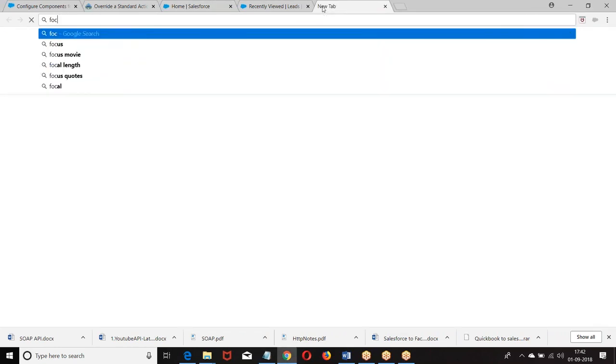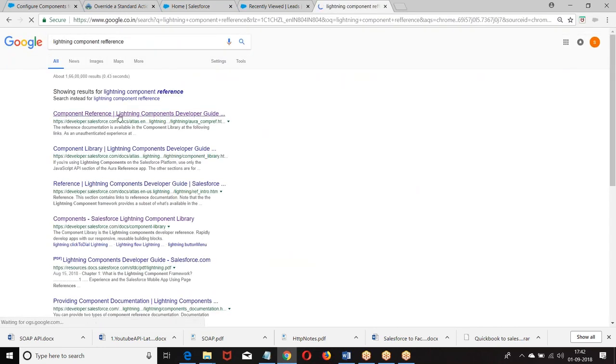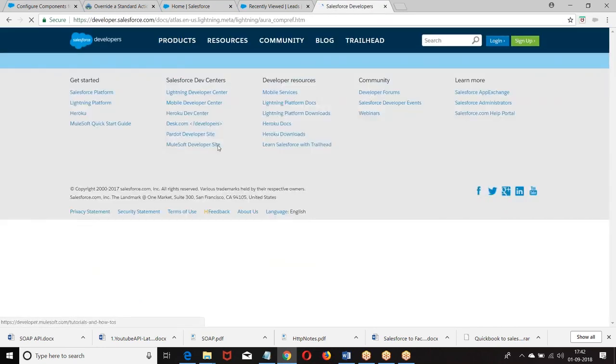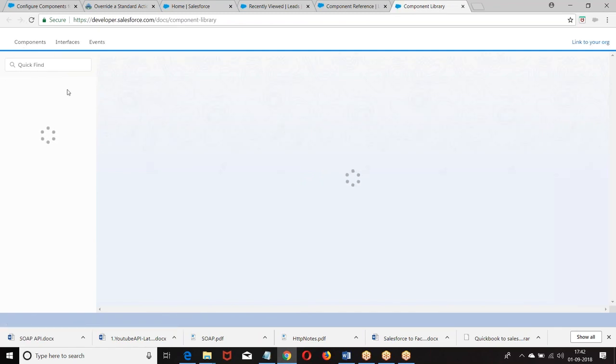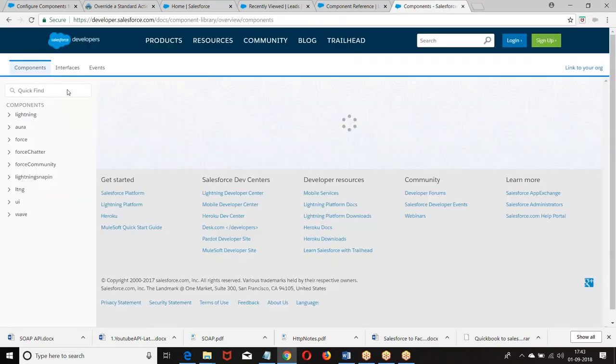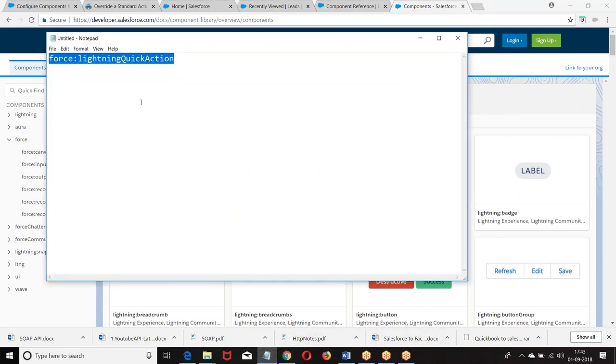What is the interface? Force colon lightning quick action.